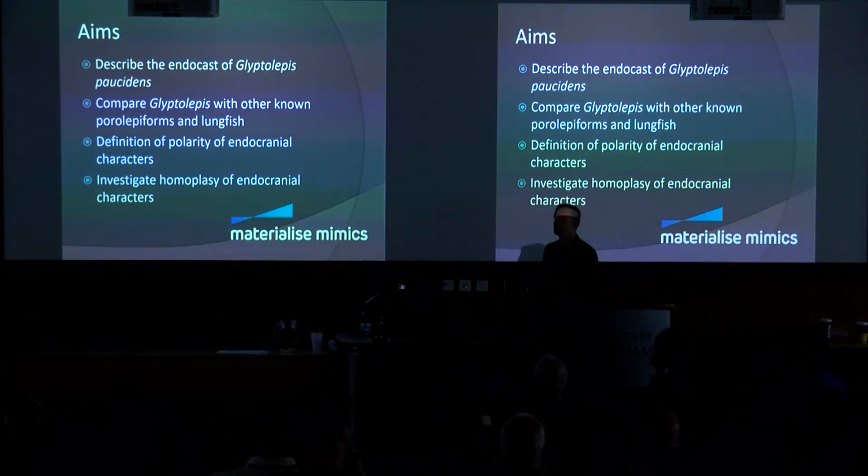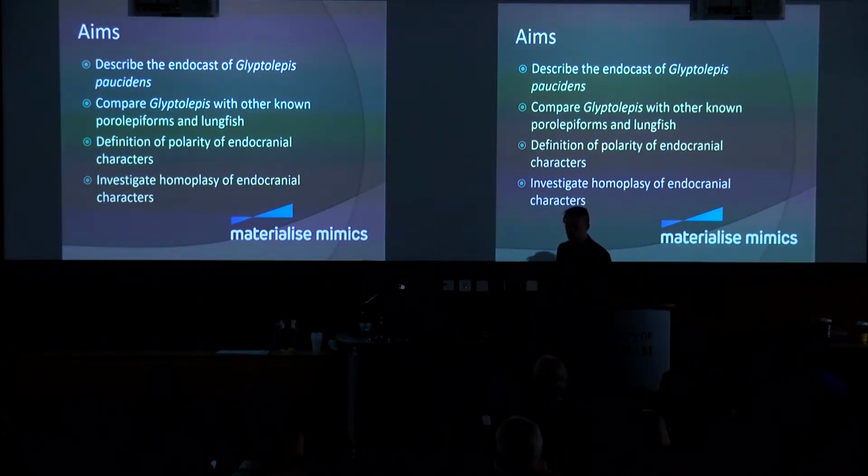So the aims of my project were to describe the endocast of a Porolepiform, Glyptolepis, and compare it with the anatomy of other Porolepiform reconstructions and lungfish endocasts. To obtain these, two fossils of Glyptolepis, one from the NMS in Edinburgh and one from the NHM, were micro-CT scanned. And this generates tomographic images showing slices through the fossils. And in the program Materialise Mimics, you can segment these and then generate a 3D image to give you the endocast. And these endocasts can allow lots of further problems to be addressed, but ones I was looking at were the definition of dipnomorph endocranial characters and the polarity of those characters,